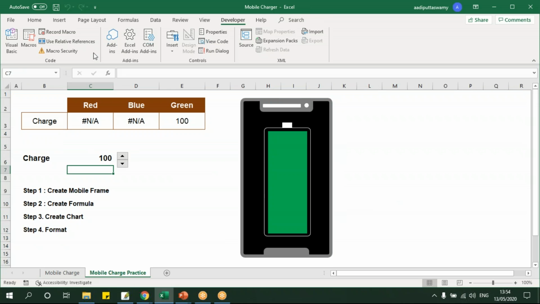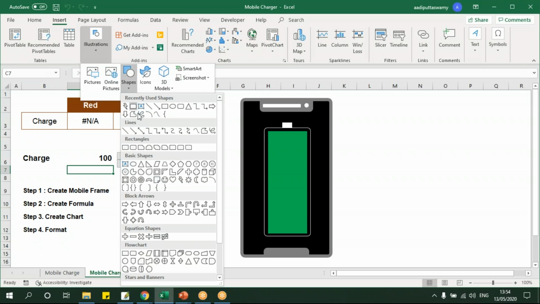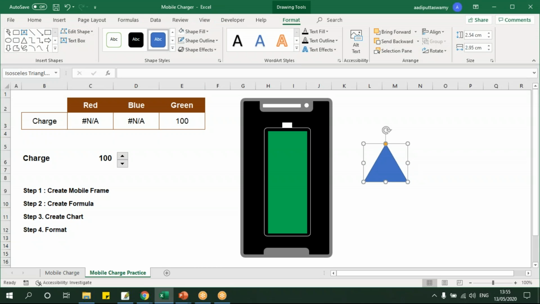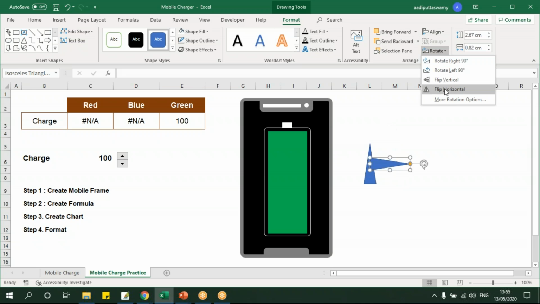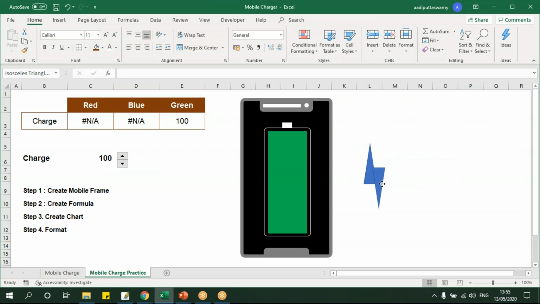So how to do that? That is very simple. Again, go to this insert, and I will take a triangle like this. Just took a triangle like this, reduced it like this, and you can increase or decrease. You can actually adjust however you want. I just made one more copy of it, that is Control C, Control V, or Shift Control Drag. Go to this, rotate, and rotate this vertically. I just kept it somewhere here like this,